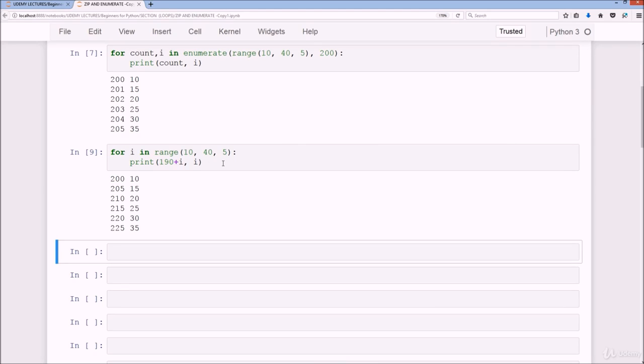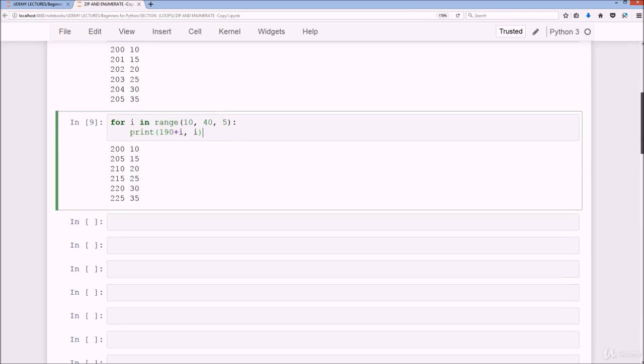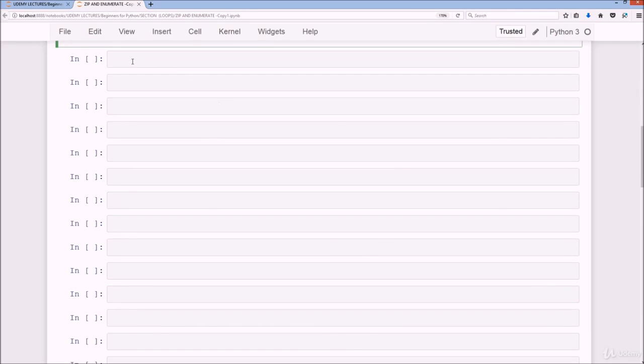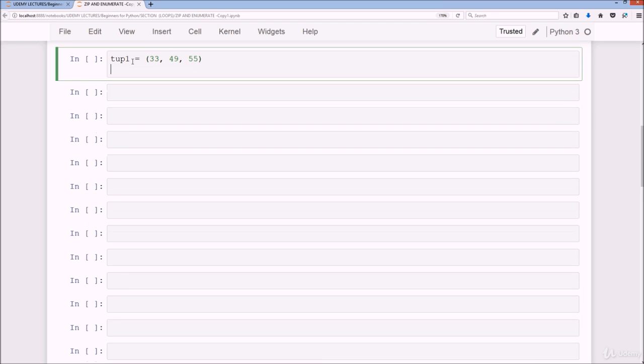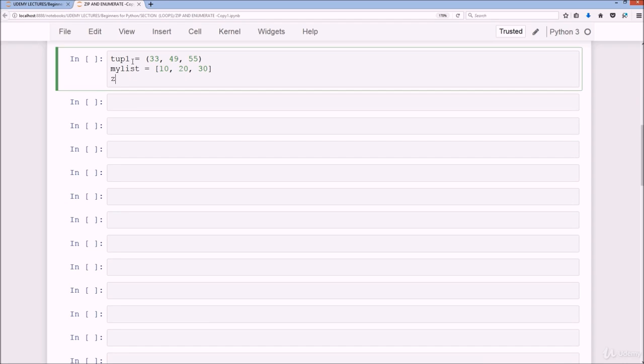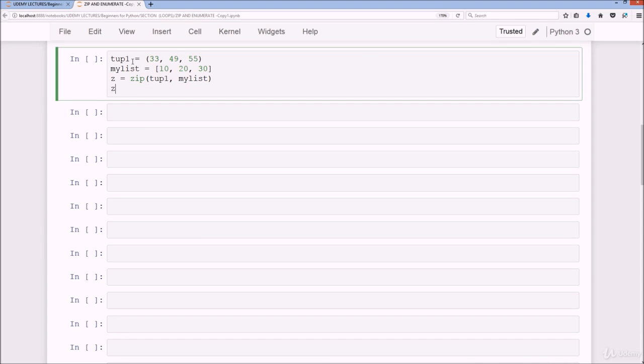Okay. So moving on from the enumerate, that's pretty much done there. We'll go on to the zip, which is the main focus of this lecture here. And that is, we do tup1, it's going to be a tuple. We'll do 33, 49, and 55. And then we'll do a list as well, my list equals, say, 10, 20, and 30. And then we'll do z as the variable for the zip. And we'll do zip tup1 and my list, and then if we do z as the output, as you can